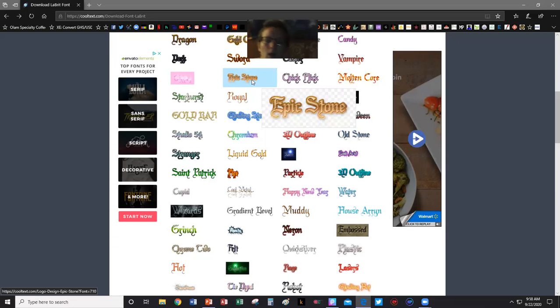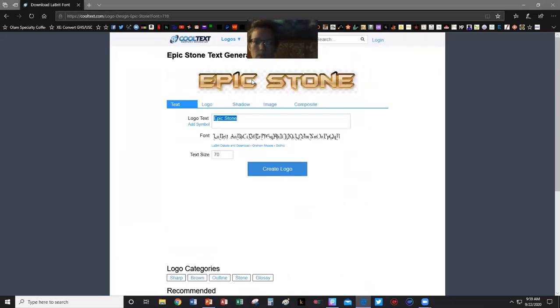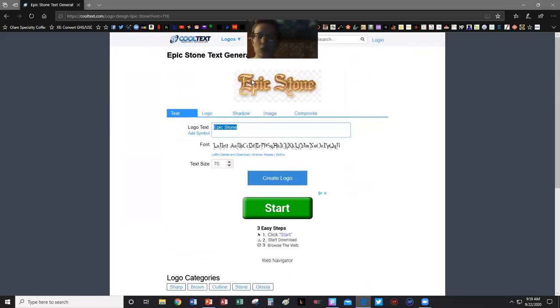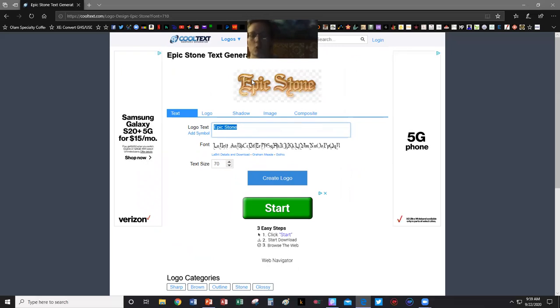Epic Stone is my favorite, or embossed, or muddy, or one of the other ones. I like it because you can change the color easier. You can manipulate it in a lot more ways than some of the other ones while still having a very branded look. Something being in stone or carved into wood is very old world looking, and that is what we're looking to go for.